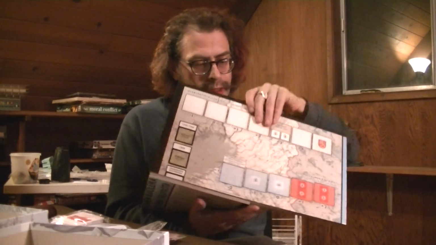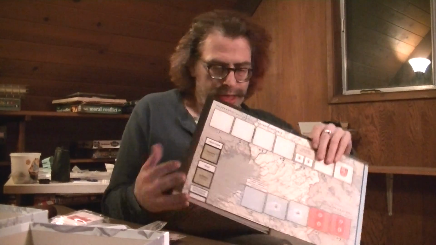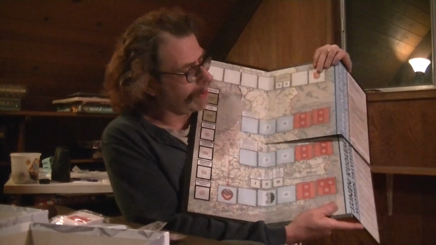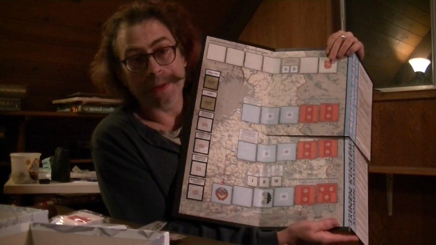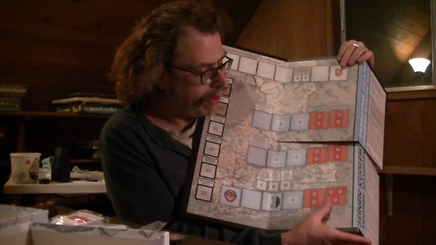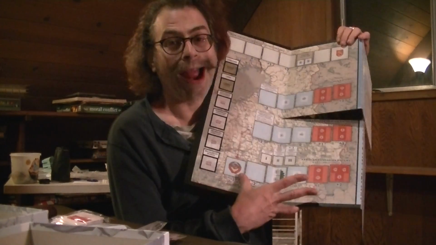what should we talk about? I think the biggest thing we can talk about is sort of the overall play. So in order to do that, looking at the components is kind of an important thing, because the map tells its own story. This is a CDG, essentially a point-to-point, but the point-to-points are linear tracks,